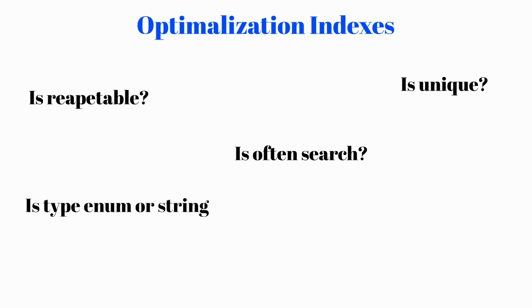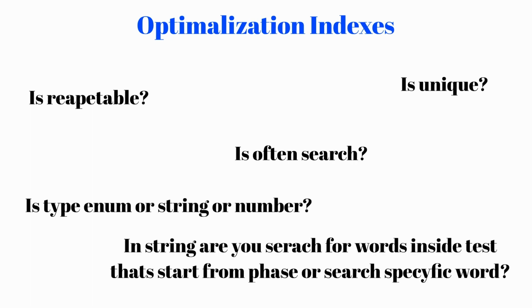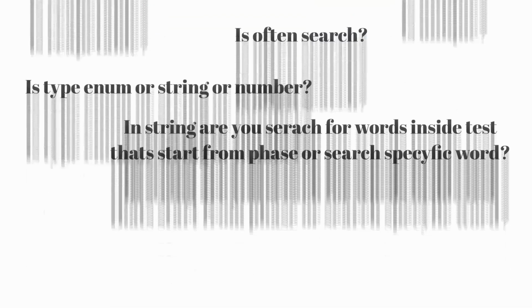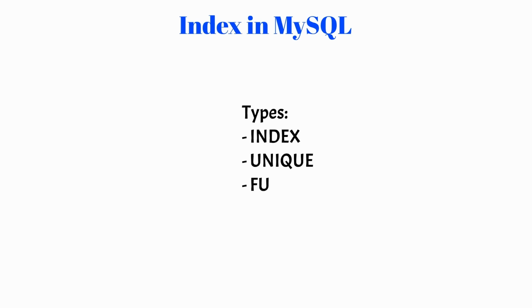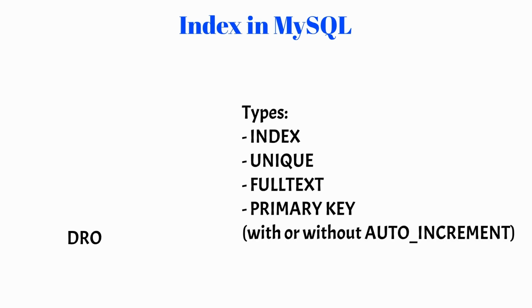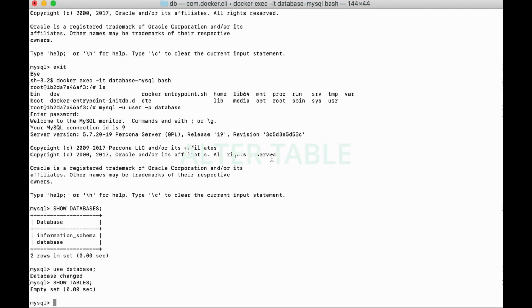It's worth mentioning that there are many types of index, and they are different in different types of database. It's good to know them, however, it's a topic for more experienced programmers. In MySQL we can create an index by the command create index. Now let's go back to our MySQL command line.